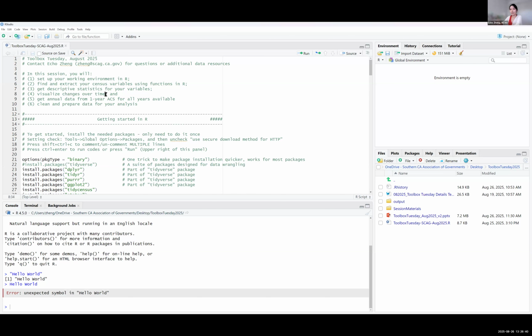Next, we'll visualize the changes over time, so we'll replicate the example I showed you just now. Then we'll move on to another example using the 1-year ACS to get annual data this time. And of course, throughout the script, we will do different exercises of cleaning and preparing your data to make it fit your analysis.